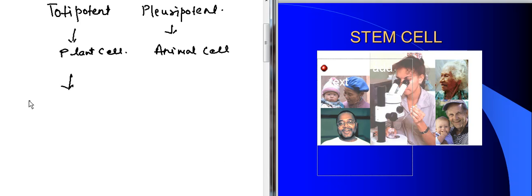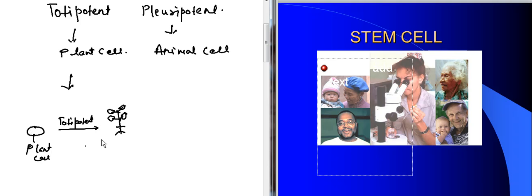Totipotent is a tendency to generate an entire plant from a single cell. This is your totipotent. This is a plant cell. This is not going to happen in the case of animals. In animals, there is a pluripotent cell